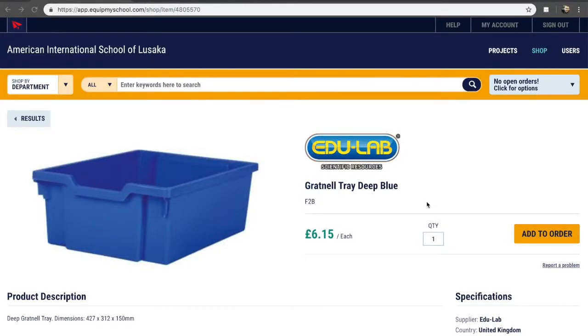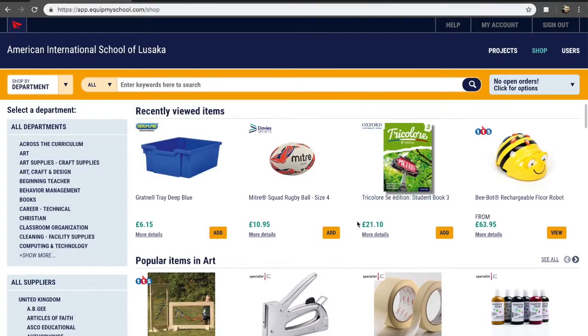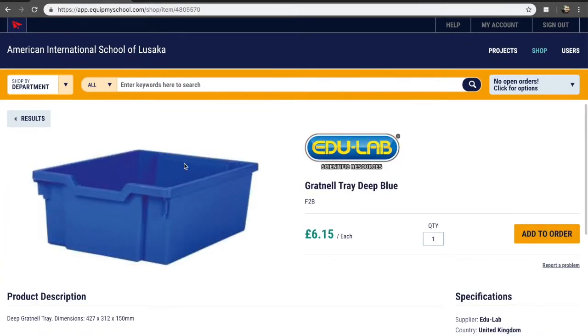I'd like to take a moment to look at wish lists on the EquipMySchool Procurement Portal. When you first arrive at the portal, you will land at the shop page and you can begin immediately searching for the products that you'd like to add to your list. When you find a product that's of interest, you can view more details about it and you can add it